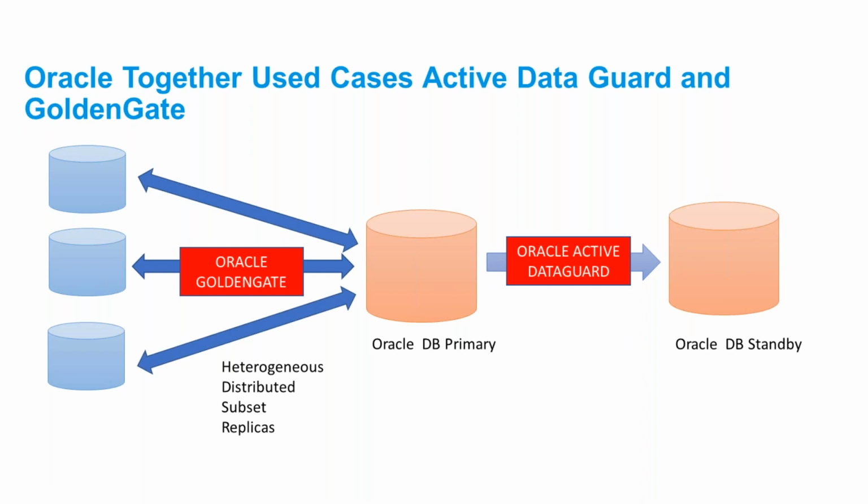Now you may ask, can anyone answer this for me in the chat? Why can't we use Golden Gate here? The thing is, Golden Gate is a licensed product, right? And the licensing cost of Golden Gate is higher than Active Data Guard. So just to minimize the cost, for the disaster recovery solution, we use Data Guard over here. But for replicating or getting the data into a single database, we are using Golden Gate for replication. So you are using Golden Gate along with Active Data Guard over here.